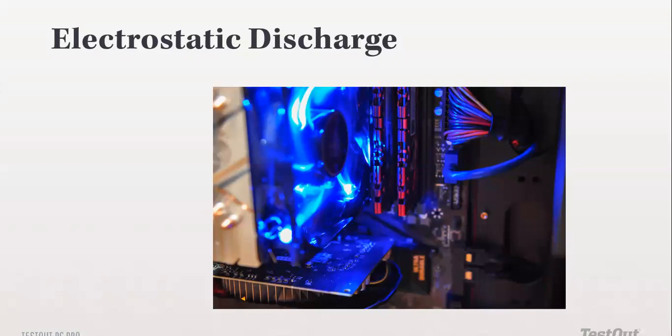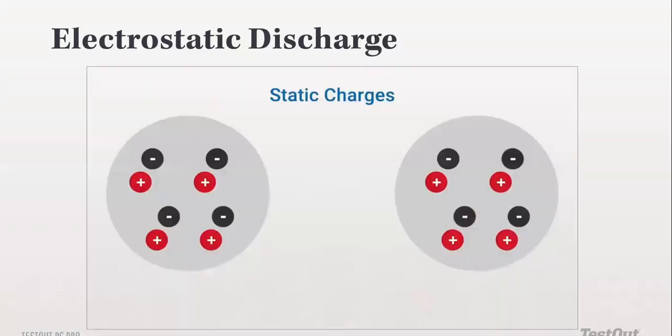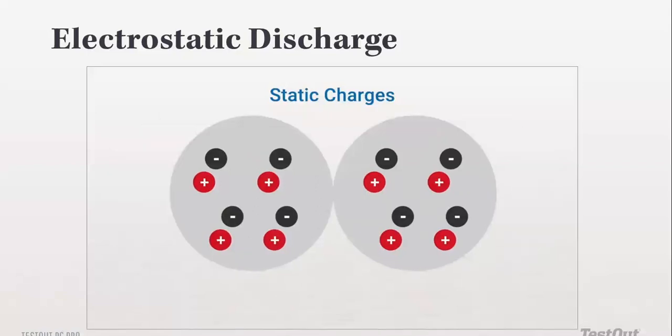to a less charged component. So let me proceed by showing you this illustration. These are two bodies that are charged positively and negatively. That's static electricity. Static electricity is static charges, which means they don't move, they don't go anywhere. They are here on the spot. So when these two components now come and touch each other,